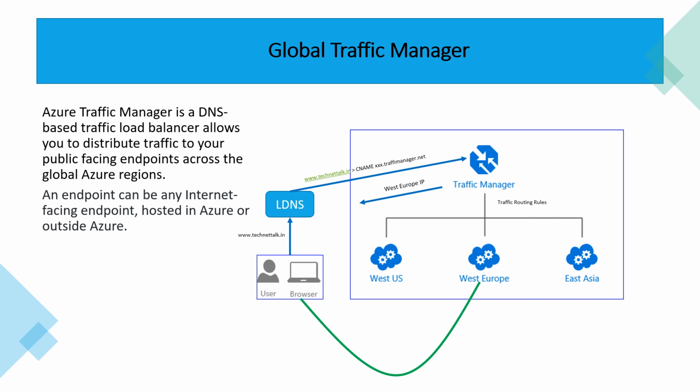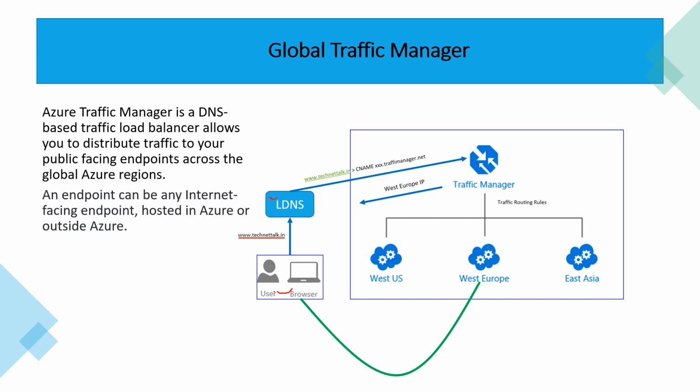So here we can see there's a user with a browser, and when I'm going to do some website surfing or application browsing, for example here I'm opening www.technettalk.in, and the request goes to your LDNS,